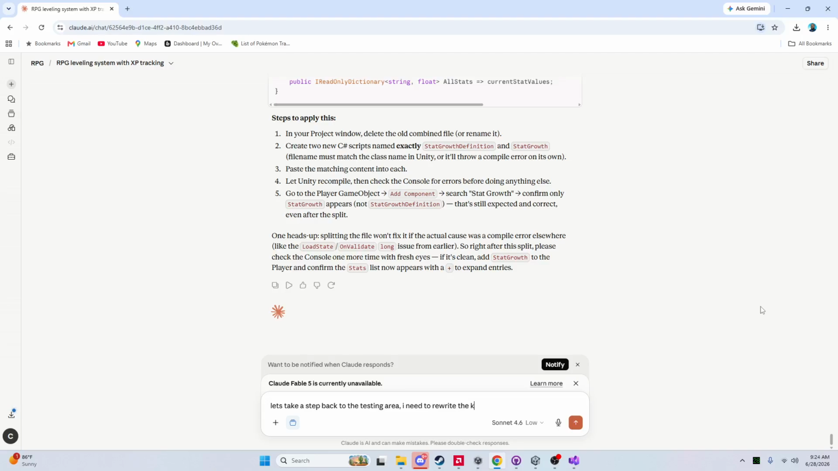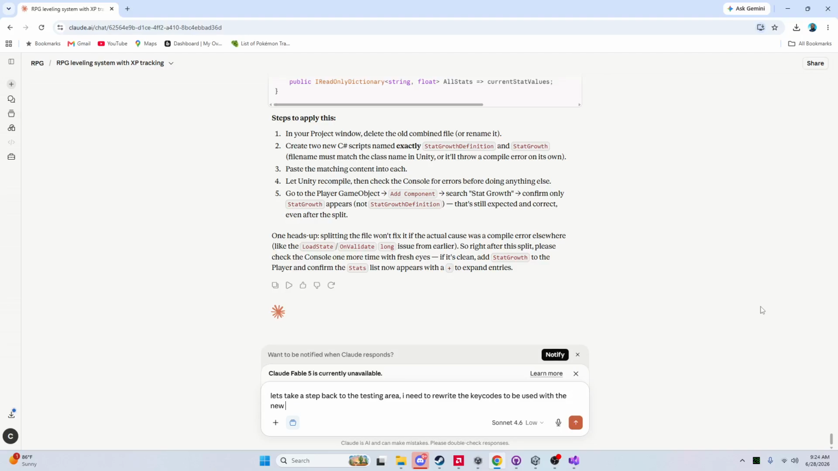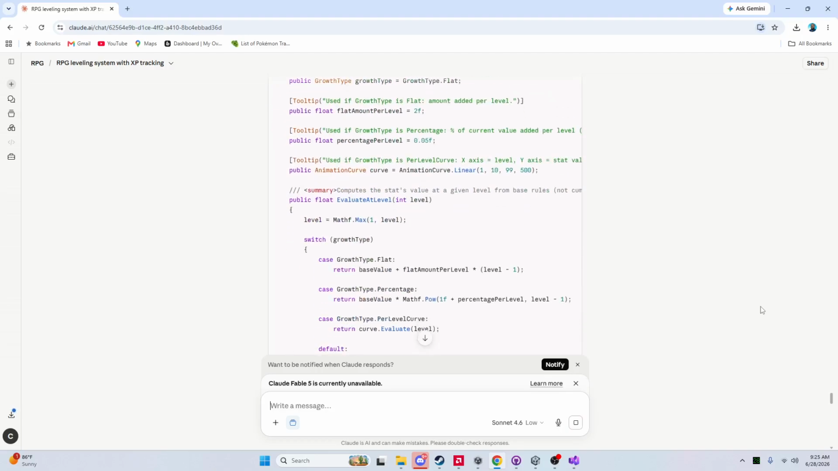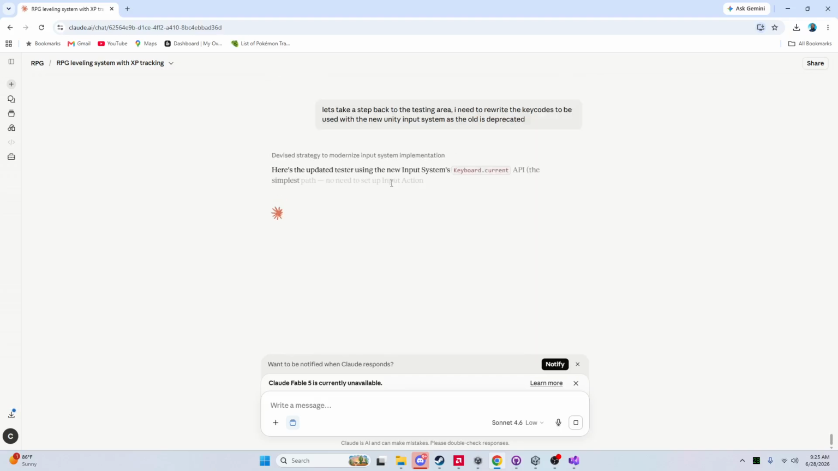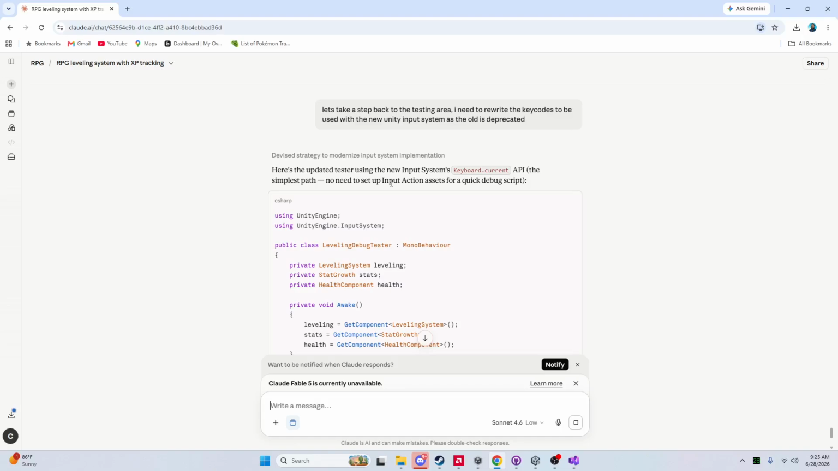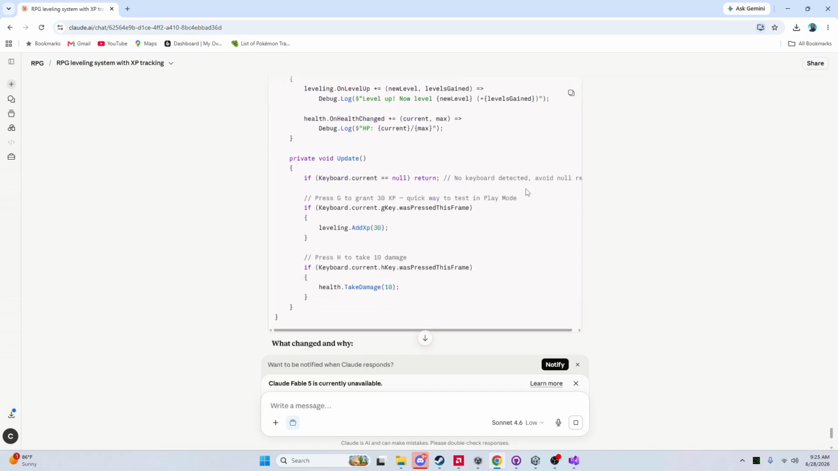The key codes to be used with the new Unity input system, as the old is deprecated, meaning we don't use it anymore for the most part. Here's the updated tester. Use new keyboard current API, the simplest path, no need to set up input actions. Cool. So now